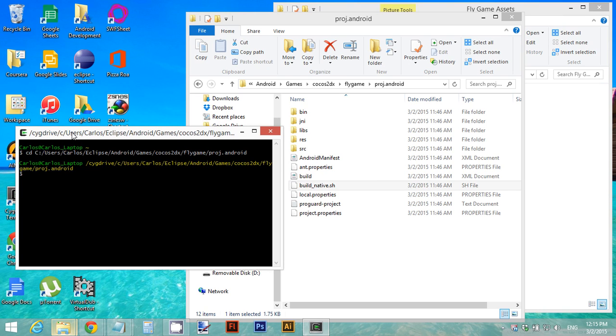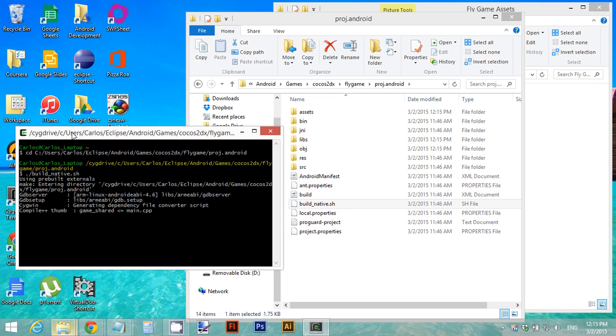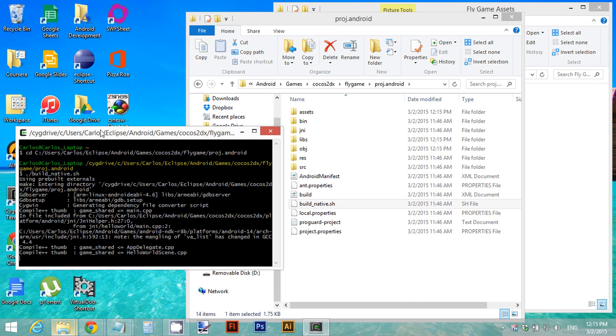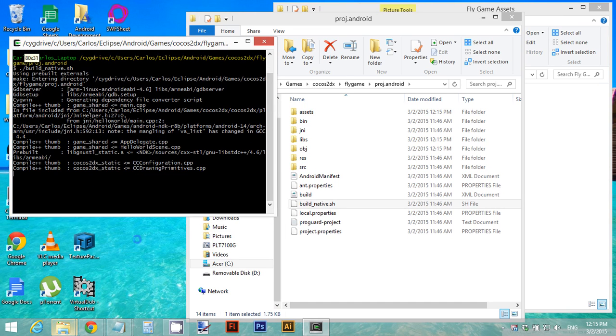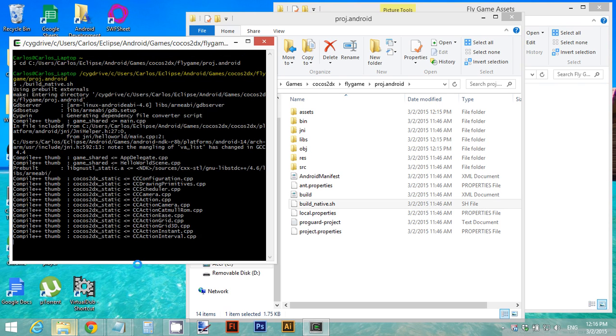So I do that by typing ./build_native.sh, and then I press enter. So this is going to create my project and import my assets into Eclipse. Now I'm ready to import this project into Eclipse and start creating my game. So this is going to run for a while, and after a while, when it's done,